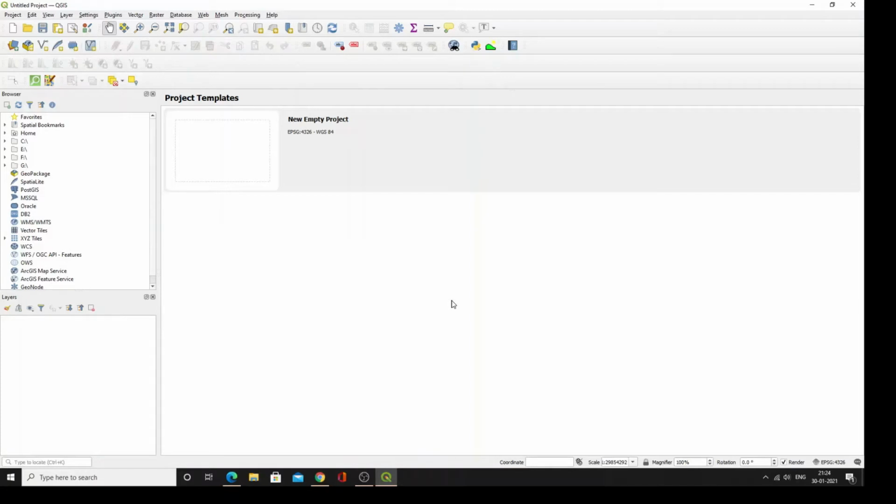In future, if the version is updated, like if you get a 3.18 version, it may be a new version which is rich in features, but the stable one will be 3.16. They will code which will be the stable version and which version will have more features. So better go for the stable version. I hope you have understood how to download and which version you have to download regarding QGIS.